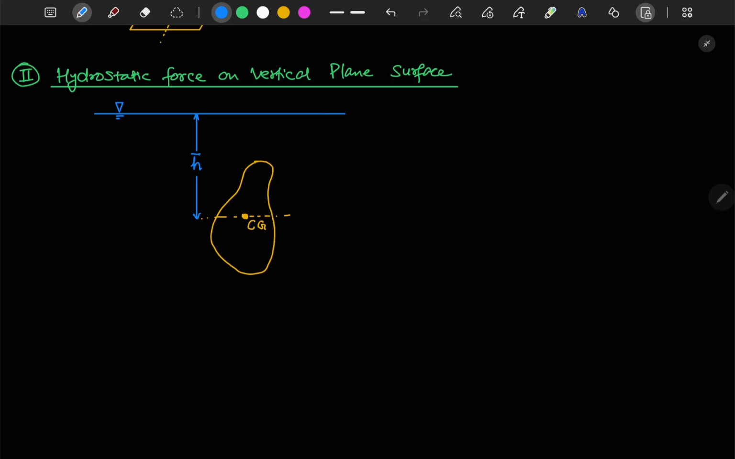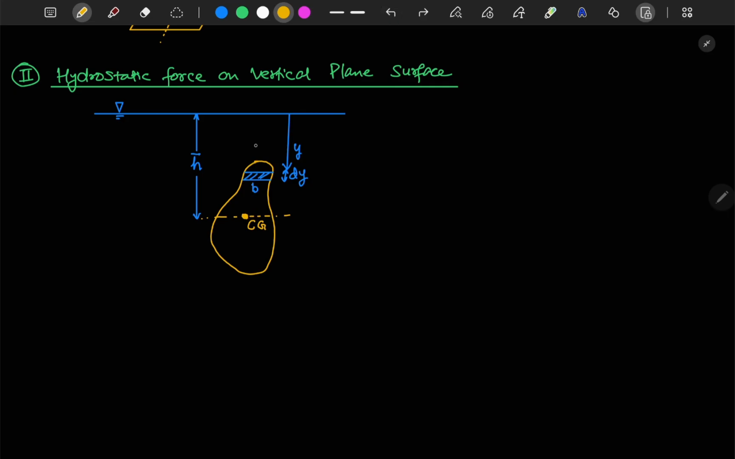H bar. Okay. Now let's say that at a distance y from the free surface, let's consider an element having thickness dy and width b. Okay. And of course, on the same line, as I mentioned earlier,